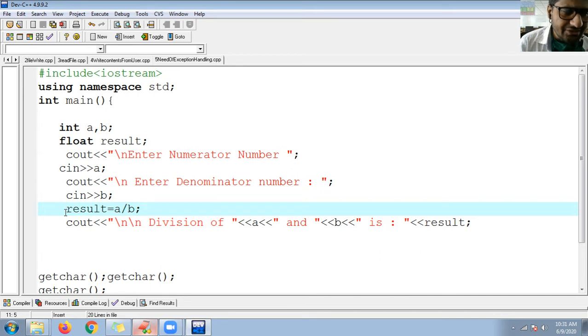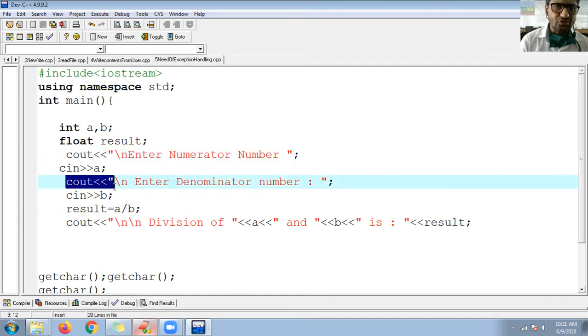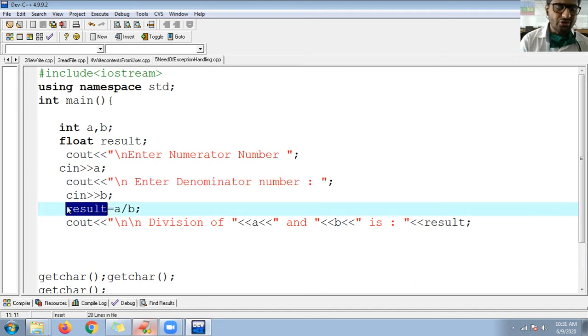This line may generate an error when my program is running, when my software is in running mode. This line gets executed, this line also gets executed, and when control comes to this line it throws the error at runtime.